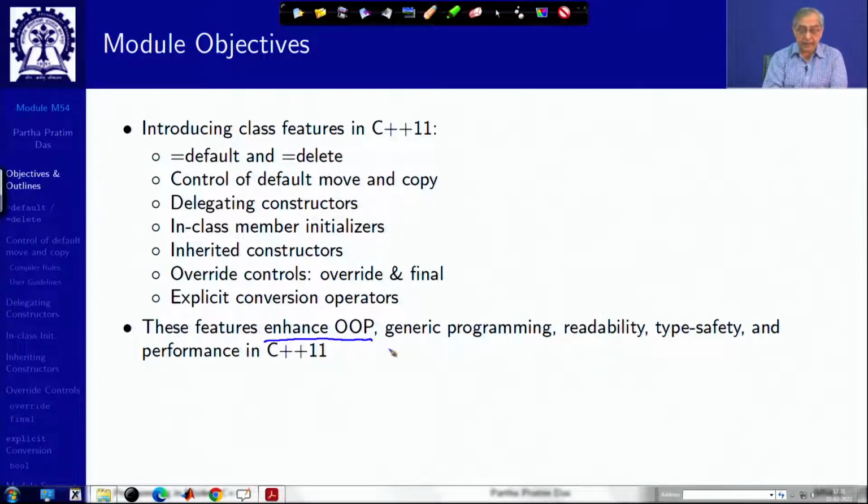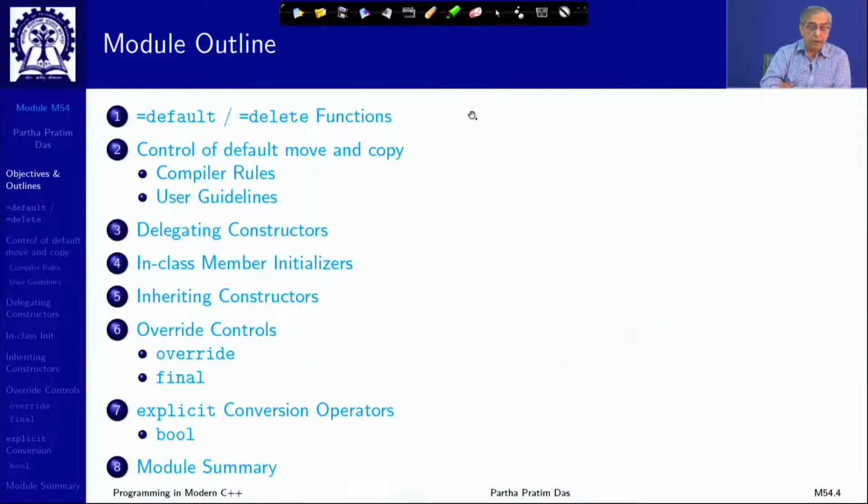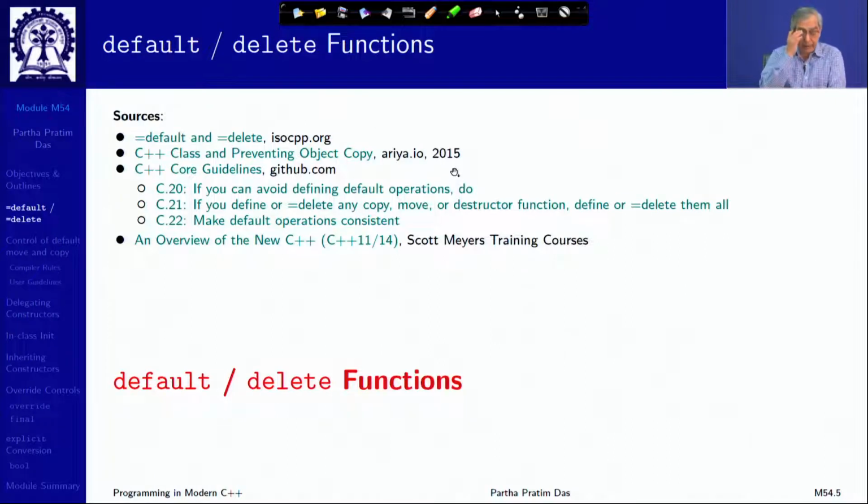in several ways. It facilitates better generic programming, it improves readability. Some features are just given to improve the readability. Some features improve the type safety, some improve the performance, and some are a mix of those. So you will not see a very coherent discussion with examples of all of these features being used in the same place, but once you get comfortable with them, in the subsequent modules you will see different ones of these being used at different places. So here is the module outline, and let us get started with the first, which is